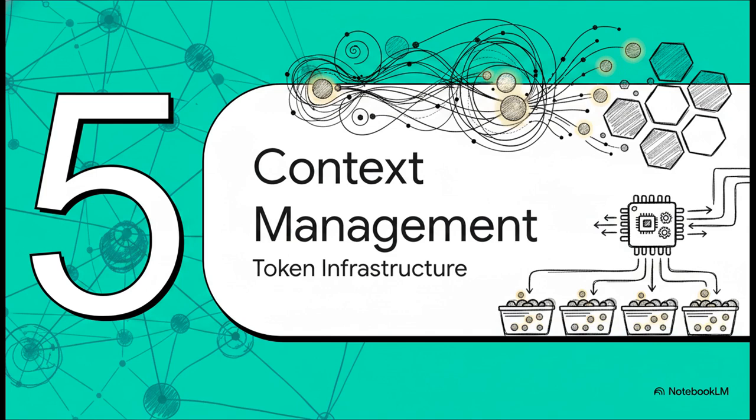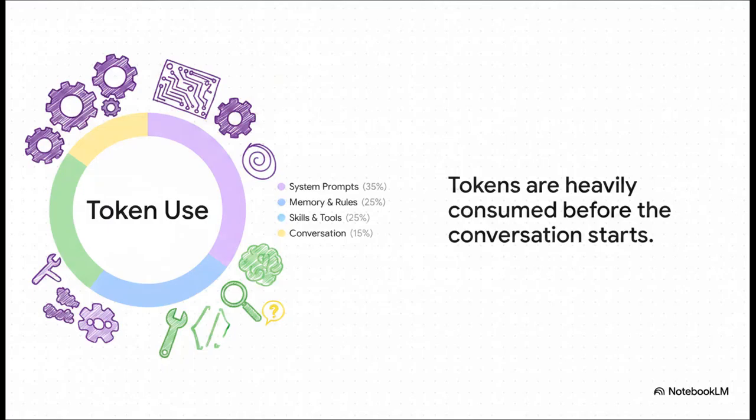Section 5. Managing the context window. Infrastructure and survival. Let's think about the hidden cost of powerful agents for a second. Imagine a 200,000 token limit. Think about how much of that is already eaten up. A massive chunk goes straight to system prompts. Another slice goes to your memory and rules. And a huge slice goes to loading the actual skills and tools. All of this is consumed before you even say hello to the model, leaving a surprisingly small slice for the